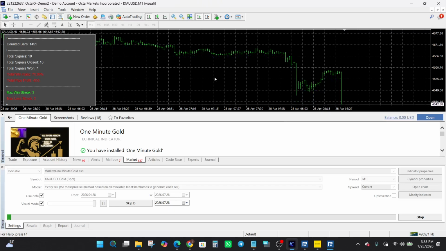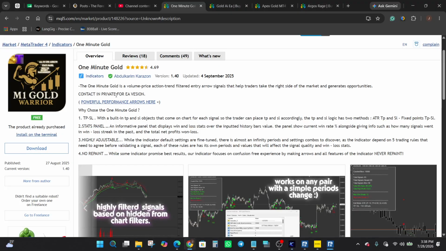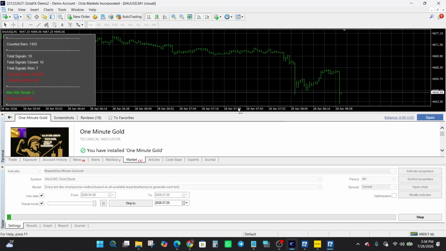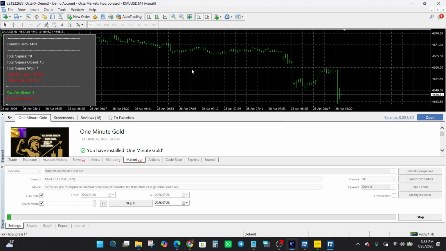All right, as we have already said, the seller said that those interested in the EA should contact in private. Okay, so we are just reviewing the indicator, but if the EA actually replicates the indicator, only that it just executes the trade automatically and all of that, then they ought to have similar features. Okay, but I can't say for sure if the EA exactly is identical to the indicator, aside from the automation. All right, so just going through, looking at the chart,